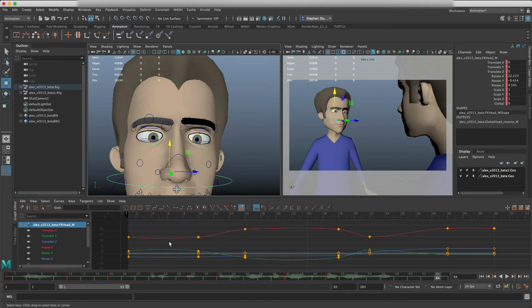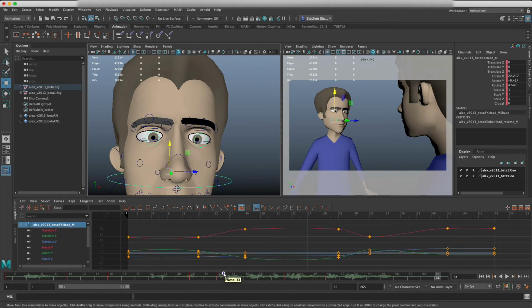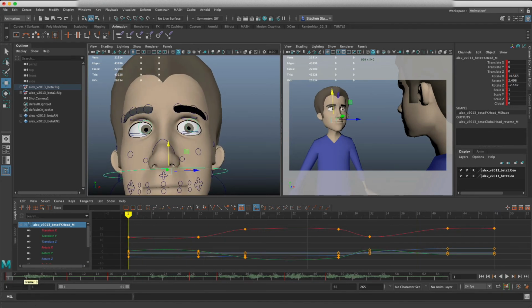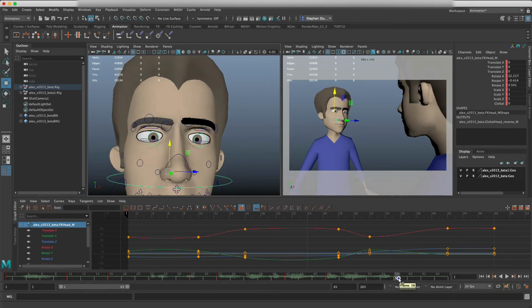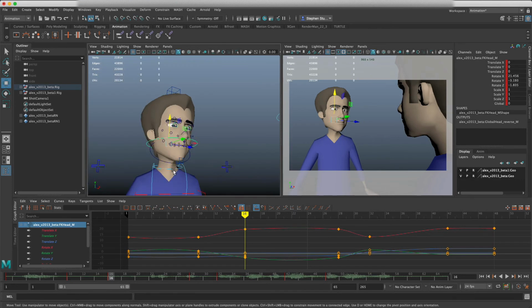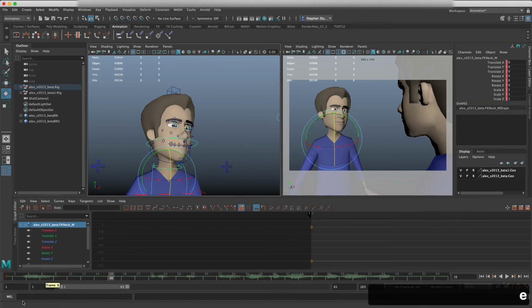I might want to just clean up the keys a little bit, especially in terms of the movement. I don't need it to be moving around too much. And I don't need to add any more eye blinks, maybe another one towards the end of this. But I do want to get him to move back a little bit so I can actually grab his neck control,